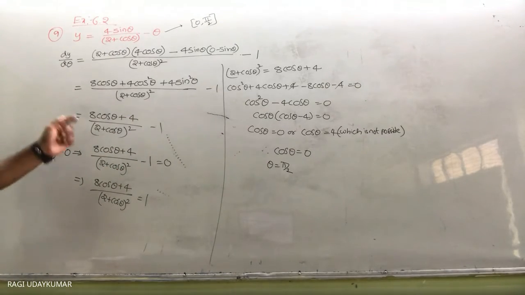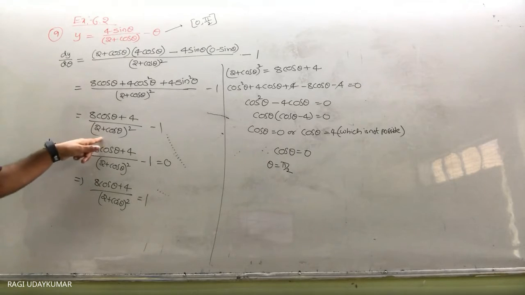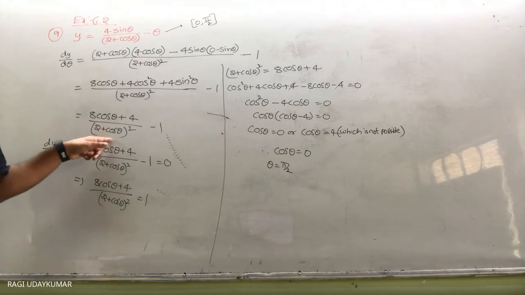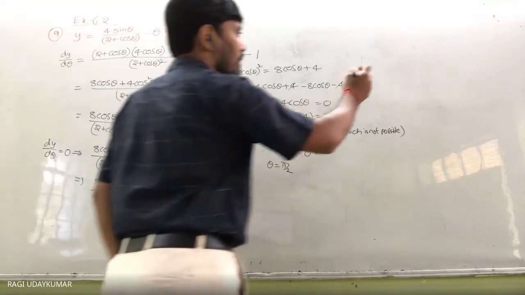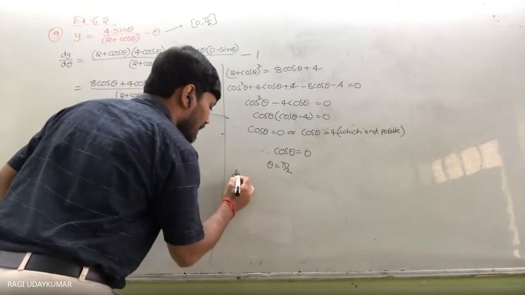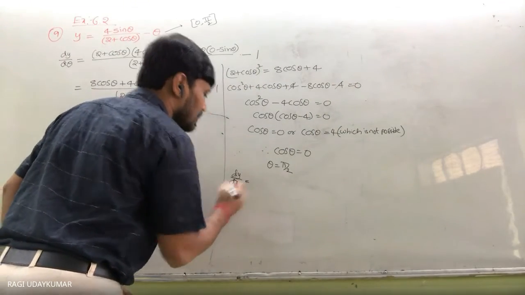So now what to do? dy by dx, what do you get here? This one. ये greater than 0 or less than 0 find out करना है, तो इसको simplify करना है. You need to simplify. How do you simplify it? ये LCM करके find out. So now here we are going to write dy by dx is equals to.